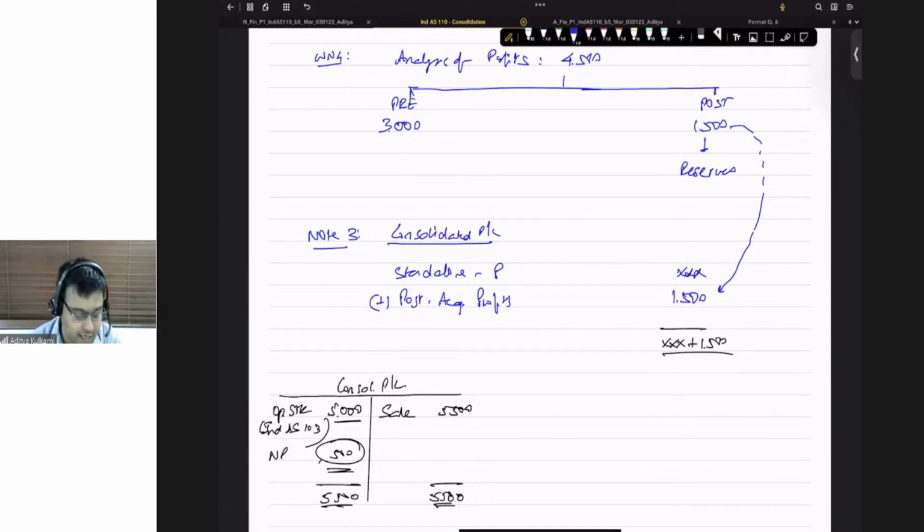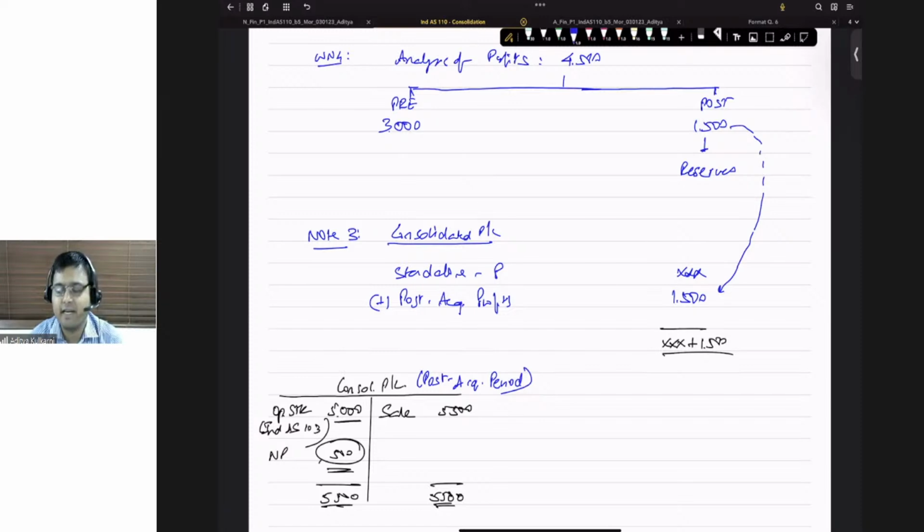When in fact you need to do the adjustment of 1,000. So ultimately, now please listen to my words. This consolidated P&L pertains to the post-acquisition period. That is right. Since it pertains to the post-acquisition period, it is impacting my post-acquisition profit. Absolutely right. Since it is impacting my post-acquisition profit,